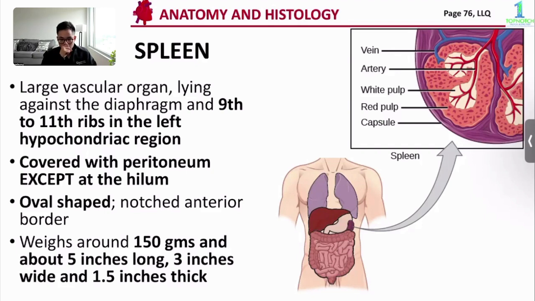Oftentimes, the clinical vignette will tell you that they have rib fractures in the 9th to 11th. You're going to think of the spleen area here. The spleen is covered with peritoneum except for the hilar area. Another important